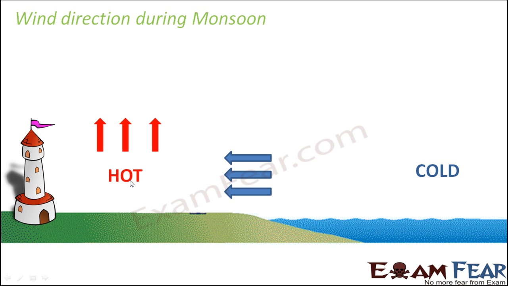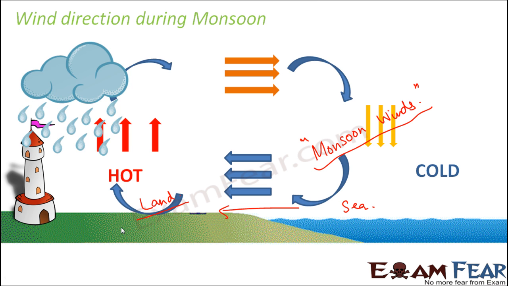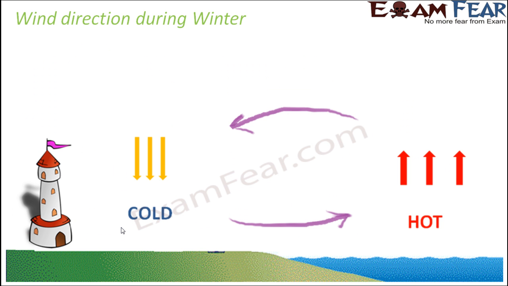Rainfall happens immediately after the summer season. That's because during summer winds flow from the oceans towards the land, and this wind carries water droplets with them. Basically these monsoon winds bring rain, and that is why these winds are called monsoon winds. Monsoon winds flow from the sea towards the land. So that's about the monsoon winds.